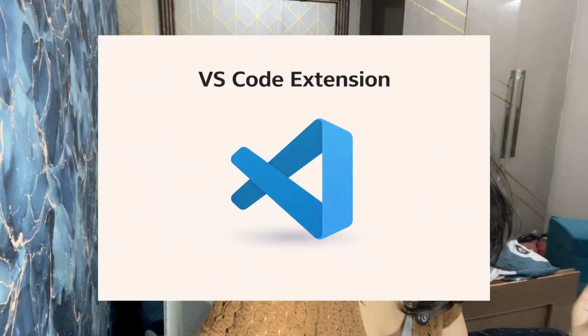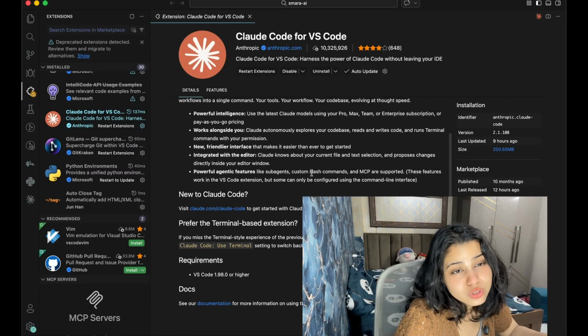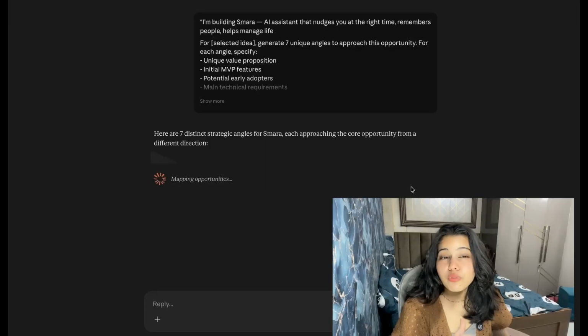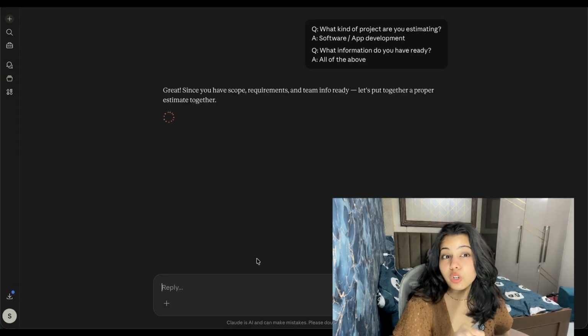So if you live in VS Code, there is an official Claude Code extension. You can install it. Claude shows up right inside your editor as a side panel. You can highlight the code, ask questions, and make edits without switching tabs. Same power, just embedded in VS Code. The third is the chat interface, Claude.ai, as a proper desktop app. Good for brainstorming, planning, reviewing docs, having a conversation about what to build before you actually build it. But I personally use the CLI. I feel like it gives me more control.